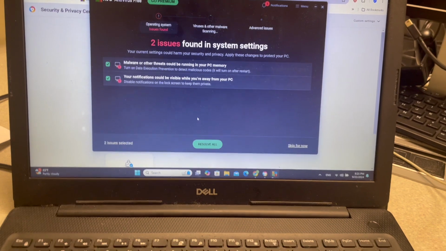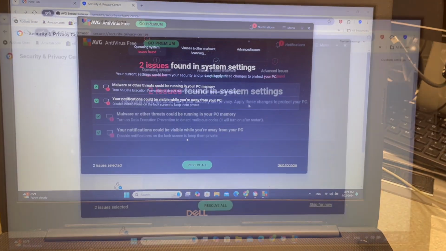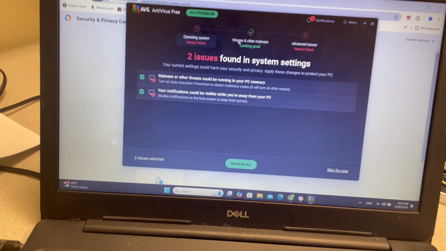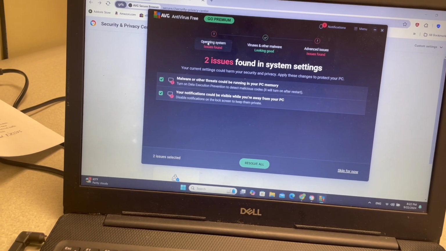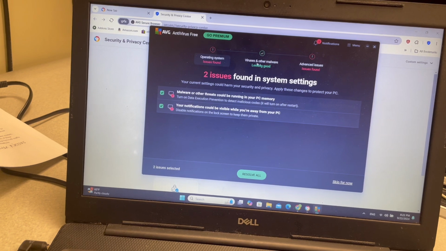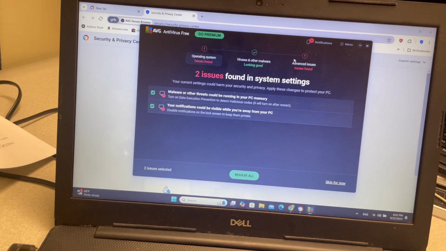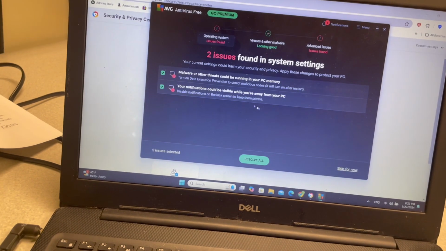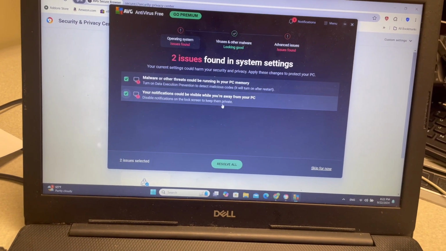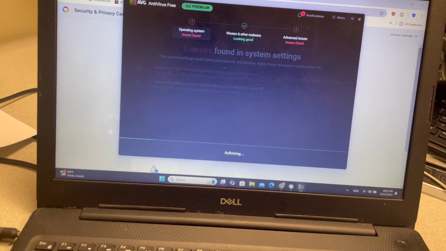I'll pause the video for a moment while it completes the scan. Then we'll come back. So we're just back. So basically, it has found issues in the operating system. It checked for viruses and malware, and then it also checked for advanced issues. So basically, these are the issues that they found. We go to resolve all,